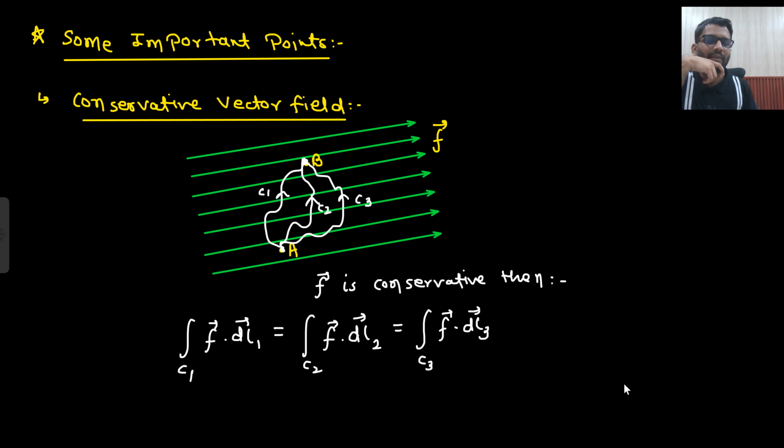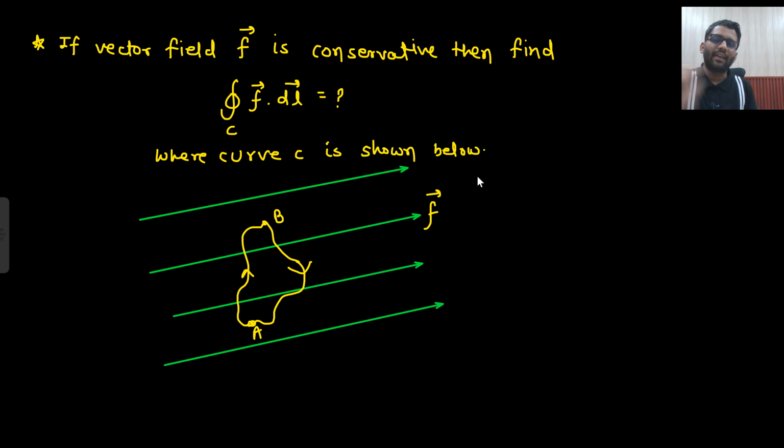So this is what we mean by conservative vector field. Okay, now try finding the answer to this question. If the vector field F is conservative, then what will be the value of the closed line integration? You need to find the value of the closed line integration along the path C. This is the path C that has been shown, curve C or path C. So what do I need to find? I need to find F dot dl